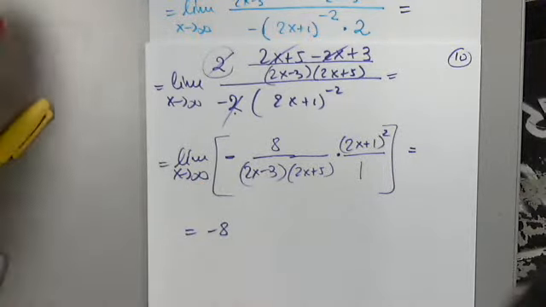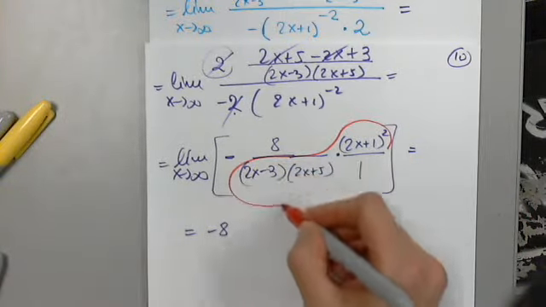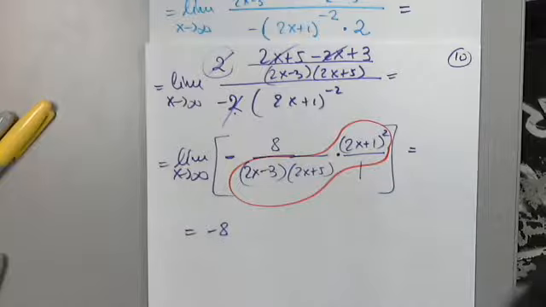And now I'm asking myself, when x approaches infinity, this is a rational function, what type? 1, 2, or 3? Type 3. No. If it's type 3, it means that the degree of the top is by 1 unit larger than the degree of the bottom. It's not. I always hope for type 1 or 2. So what is the degree of the top? It's type 1. 2. Very good.